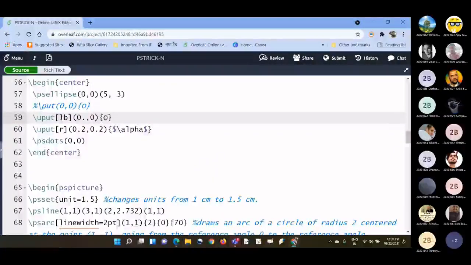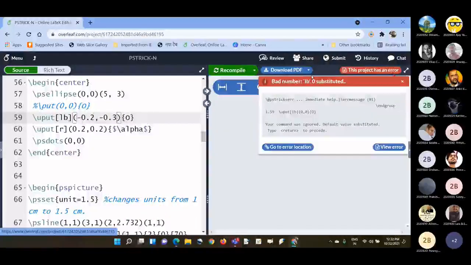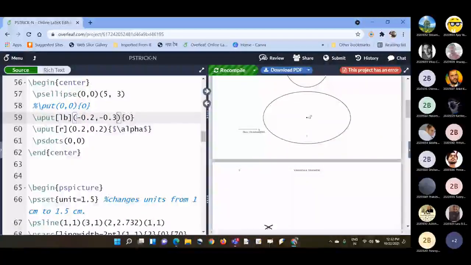Because it is left and bottom, towards the left from 0 we should have a minus, maybe minus 0.2, and then for bottom in the second coordinate you can write maybe minus 3. Let us see.